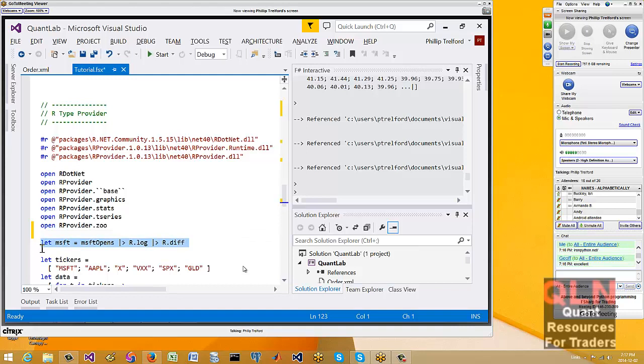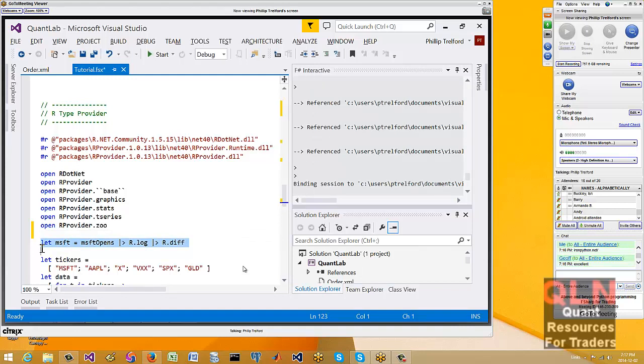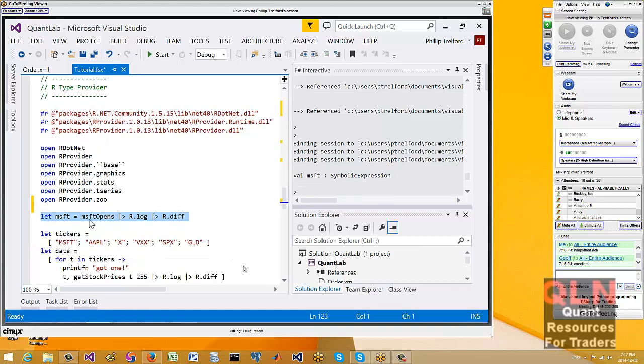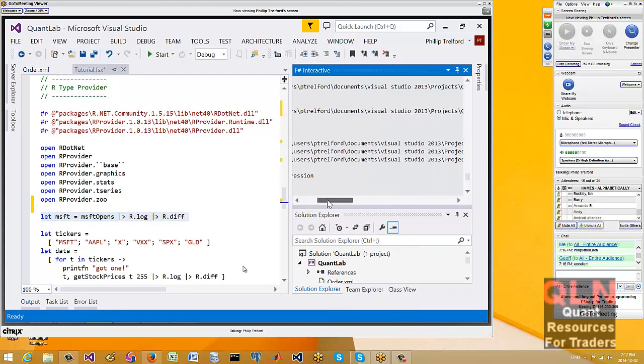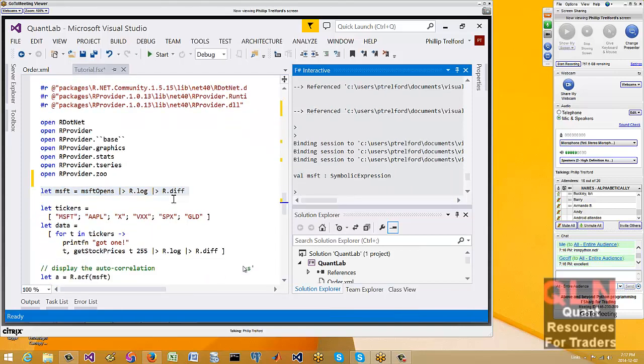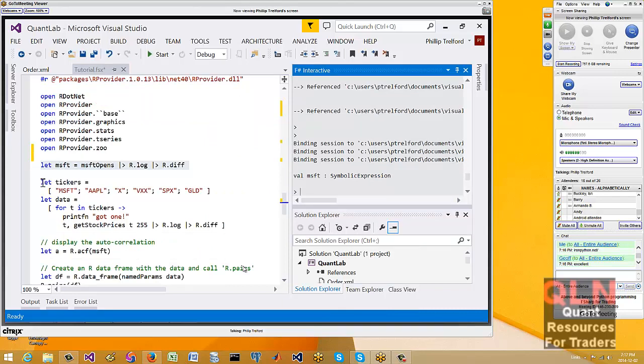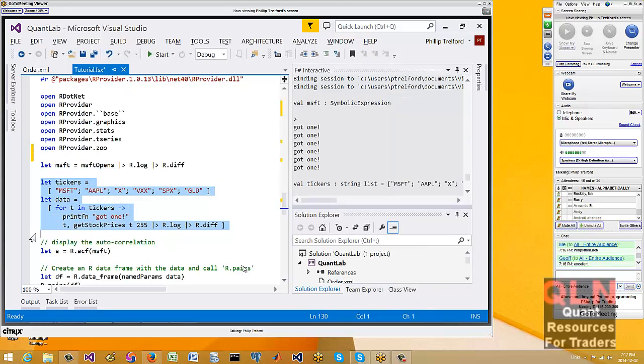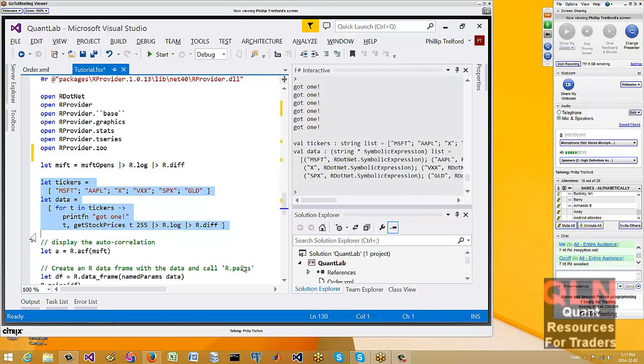So we can just have a quick run against R now. And that will bind out to an R session. And we've calculated an R diff there. But let's go and do something a bit more interesting. We'll go and get the stock tickers for a bunch of different equities.